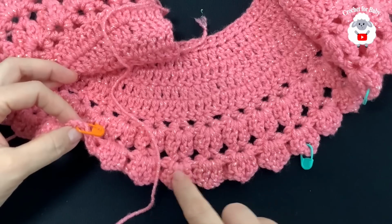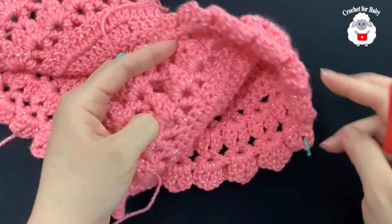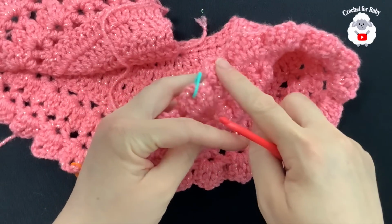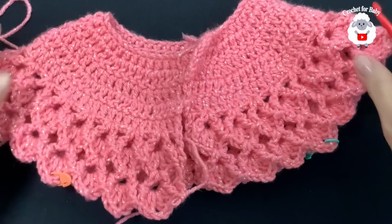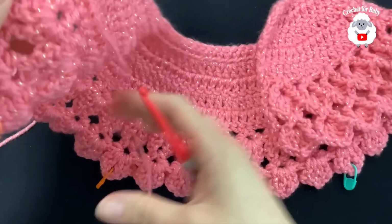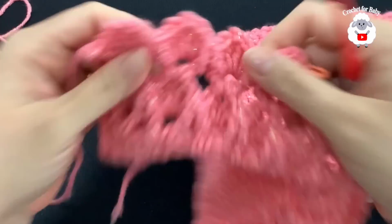1, 2, 3, 4, 5, 6, 7, 8, and then again we're going to skip 7 fans. 1, 2, 3, 4, 5, 6, 7, and then finish with these last 4. 1, 2, 3, 4. That's how we're going to divide the sleeves. So here, to begin this next row, we're going to go here,